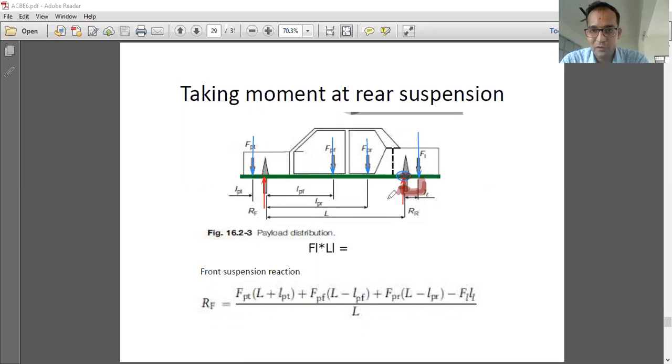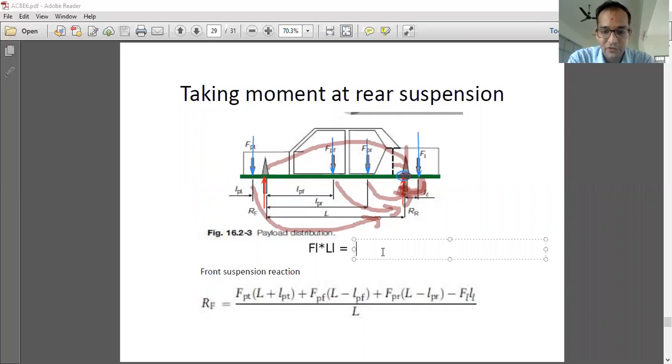Now the second component would be like this. If you are able to understand, another component is going to be like this. The last component is going to be like this, and this component will show the clockwise moment. So we are having two clockwise moments and three counterclockwise moments, and my equation will go like this. FL multiplied by LL is equal to, we can say, FPL multiplied by the distance between them, which is L. I'll say it is L minus, what is the distance?